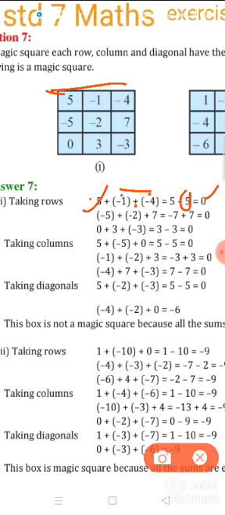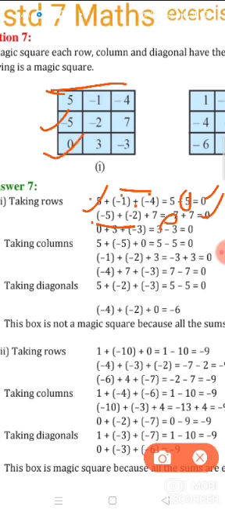So 5 minus 5 becomes 0. Now we are going to see the second row. In it, negative 5 plus (negative 2) plus 7 is given. So dear friends, we will first do the addition of these two. Plus minus is minus, and minus minus is plus. So 5 plus 2 becomes negative 7. And plus 7: both have opposite signs, one negative and another positive. So negative 7 plus 7 becomes 0.